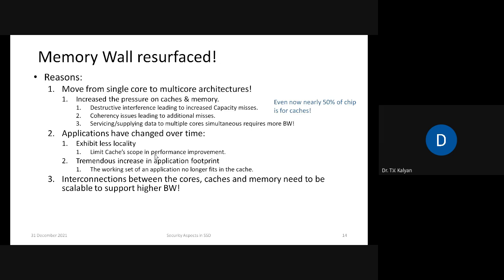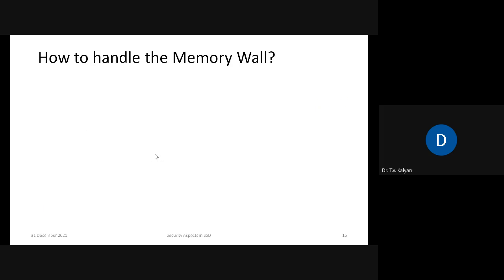In addition, because we have multiple cores and multiple applications running simultaneously, the interactions between the cores and the interaction of these applications with the caches and memory were demanding more bandwidth. So that's where the modern memory wall can be said to have happened, where both the memory latency and the bandwidth are critical. So what happened with this modern memory wall was the architects started exploring new mechanisms on how